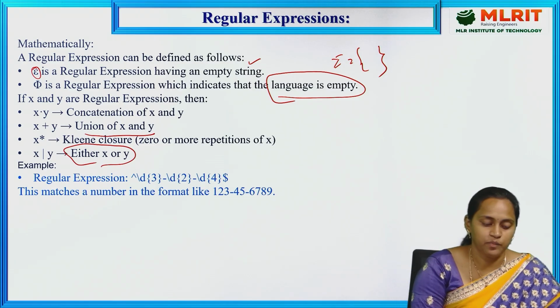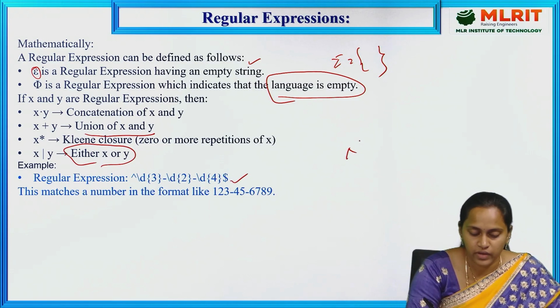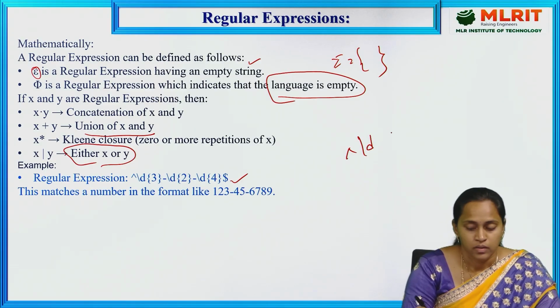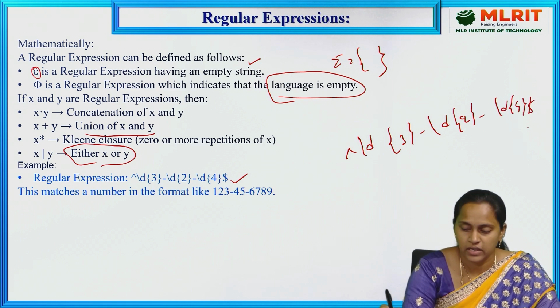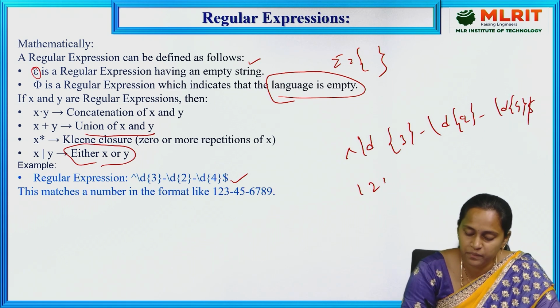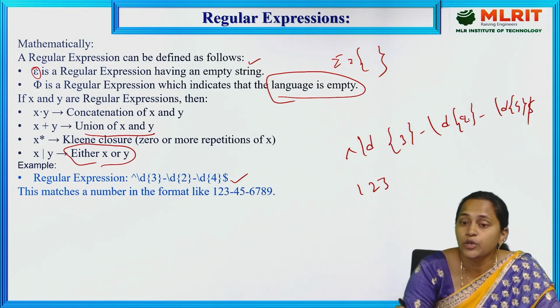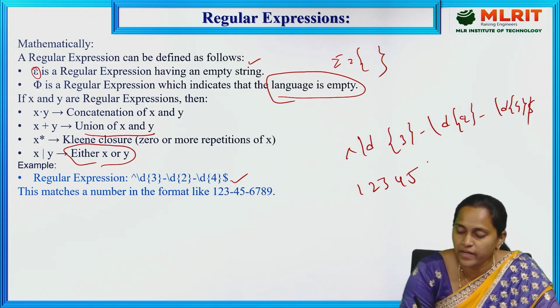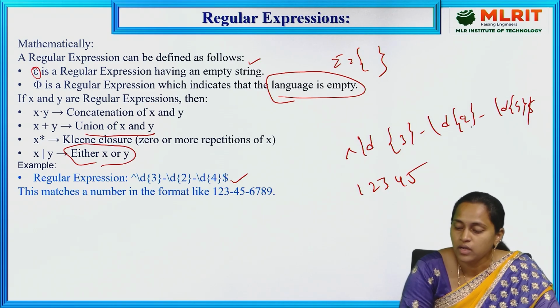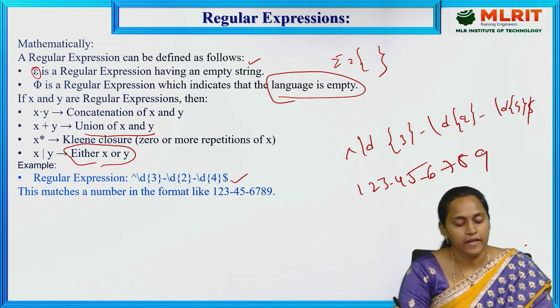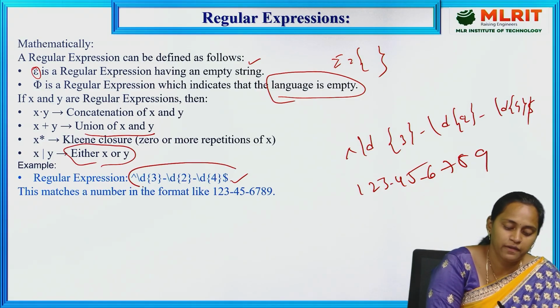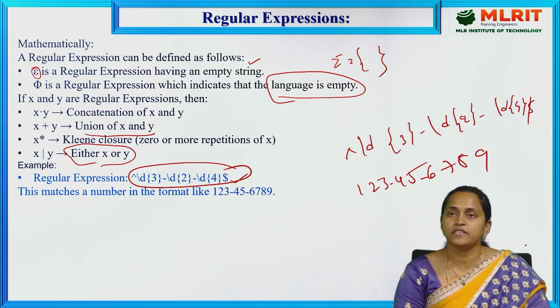Let's see an example. Here we are taking the regular expression with digits: 3 \d, 2 \d, 4 \d. Here we are taking digits one, two, three, then after this two and three, after two, four, five, and next four, two after four, then six, seven, eight, nine. This is the declaration of the regular expression, how we declare numbers from one to nine. This is a basic example of the regular expression.